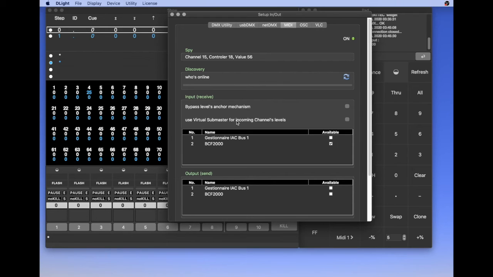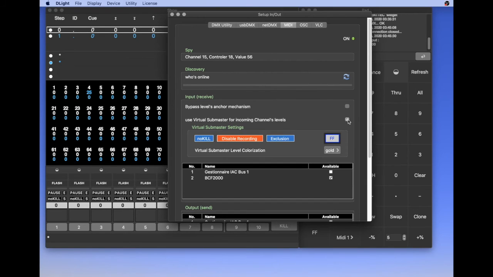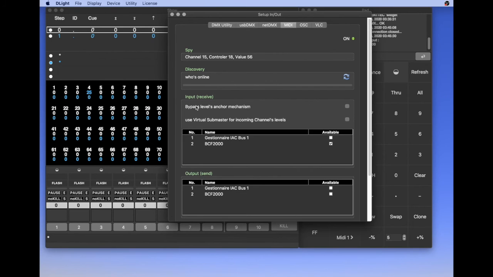Okay, you can also use a virtual submaster when MIDI controls channels. There is the bypass also, and here on macOS there is an IAC, which is a virtual MIDI server that belongs to macOS.